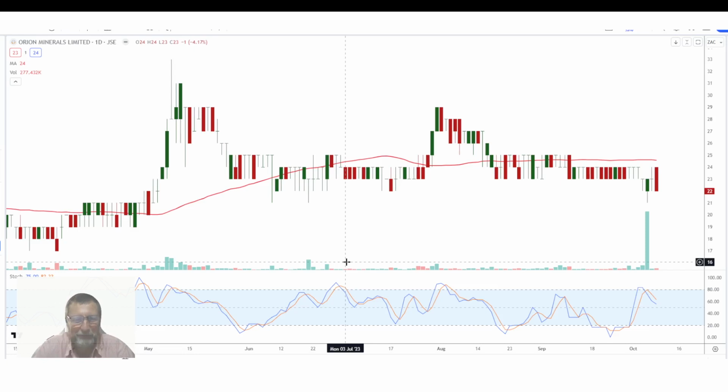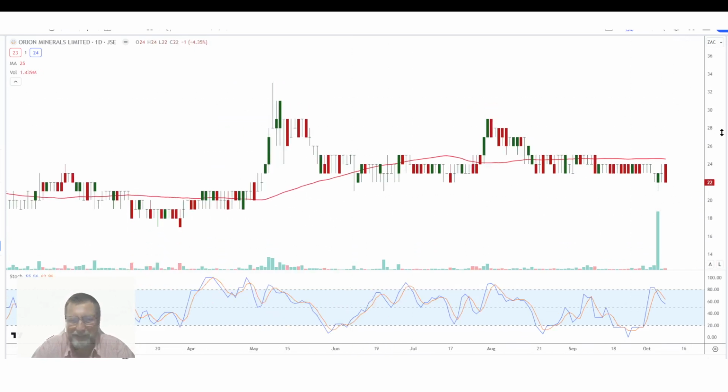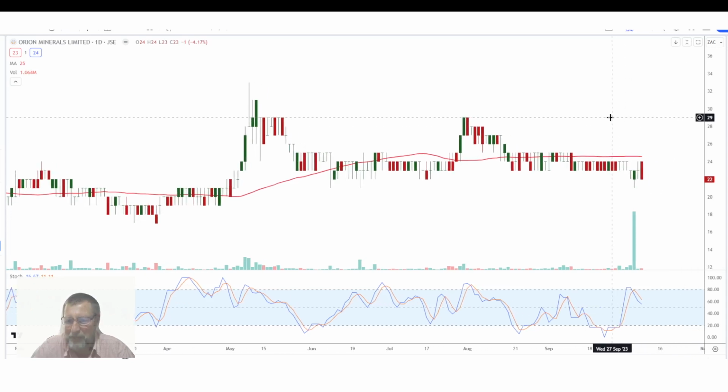I must talk about Orion. I know we've talked about this share many a time, and every time the chart just looks promising, it's almost like when it jumps out of a big band, then suddenly there's a massive seller. And once again this week, and that's why I want to show it to you, we've got a massive spike